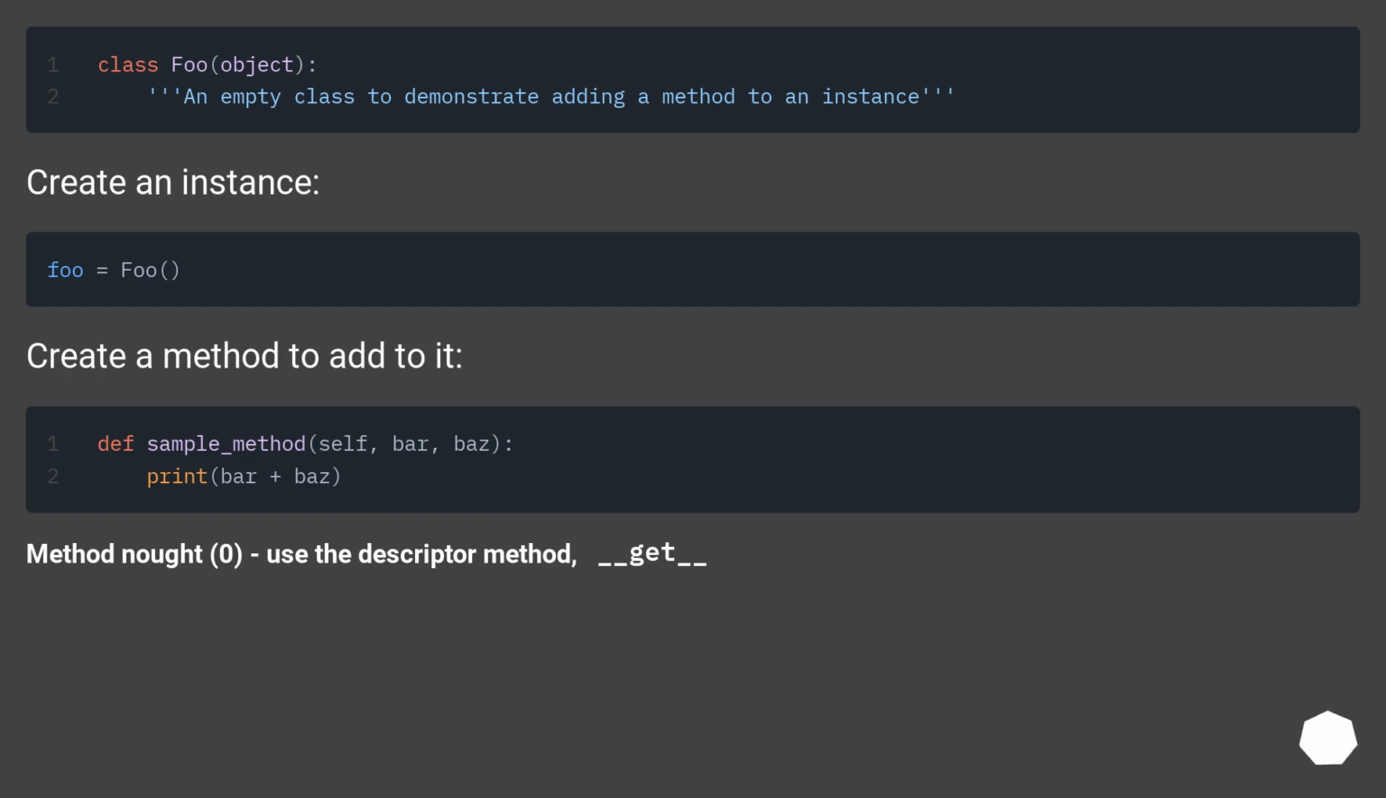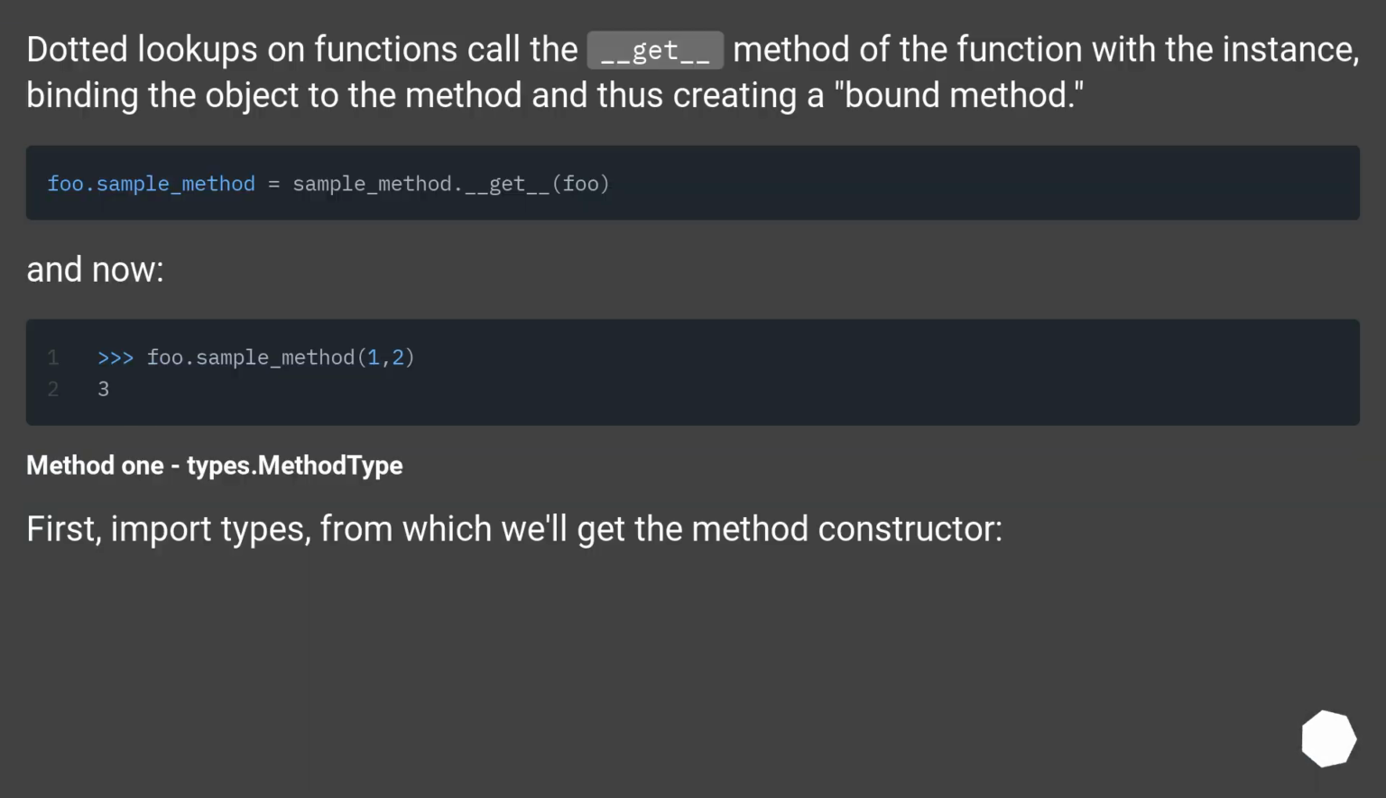Method 0, use the descriptor method, __get__. Dotted lookups on functions call the __get__ method of the function with the instance, binding the object to the method and thus creating a bound method. And now,